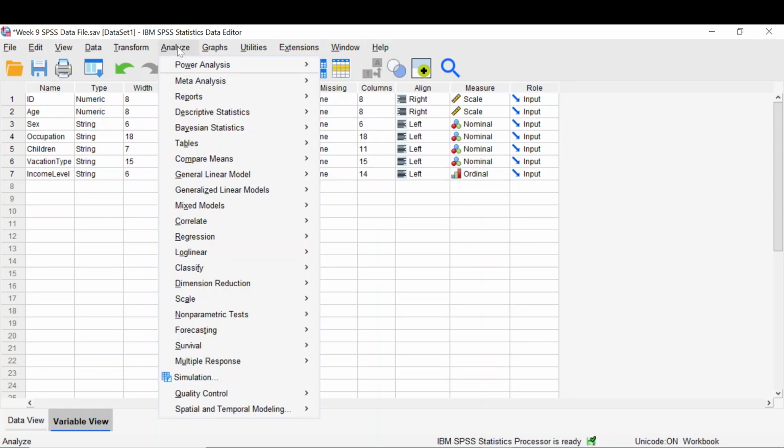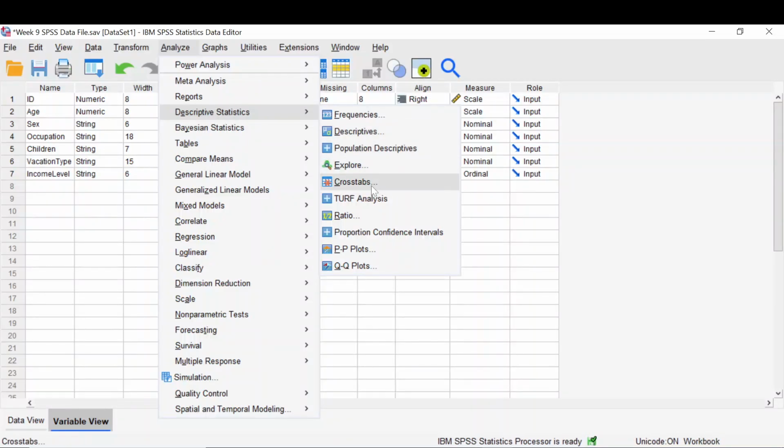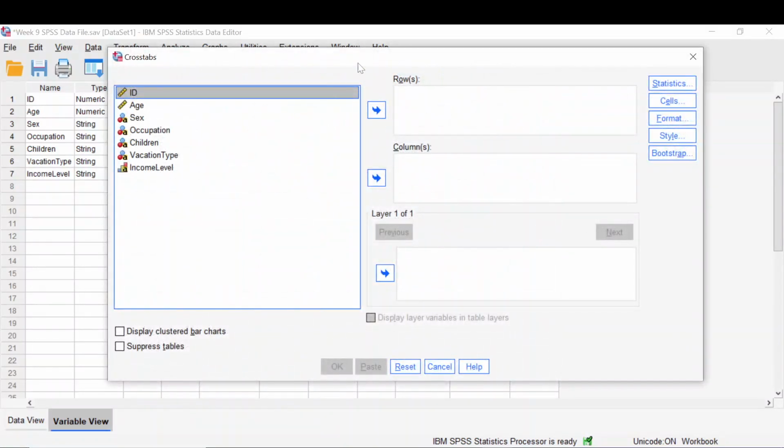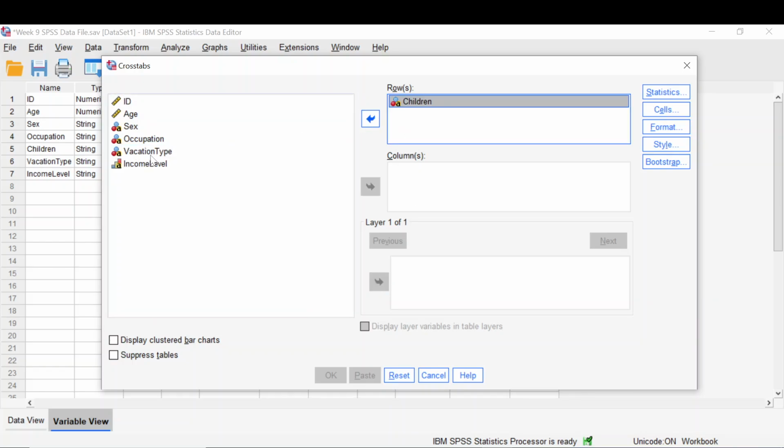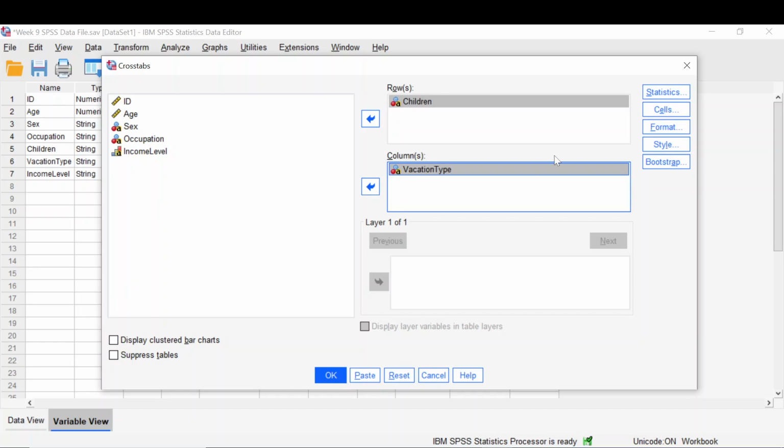Okay, so if we go to Analyze, Descriptive Statistics, Crosstabs, this is where we're going to do the analysis for today. The difference between rows and columns really depends on what your research question is and what you're trying to understand about your data. So if you're trying to understand, of those with children, what types of vacations are they taking, you would put children in the row and vacation in the column. I'll show you here how that will look. So leave all the other settings. If we click on Display Clustered Bar Charts and hit OK,